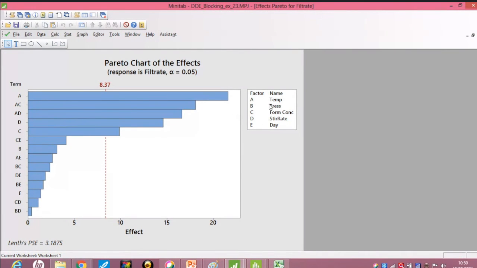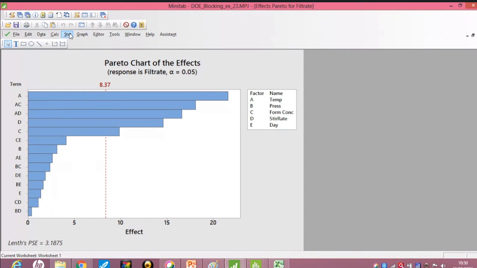Here we can see E is not a significant factor, because E is coming at the bottom, and it is far from the 8.73 line, so it is on a very low side. Day is not a significant factor.